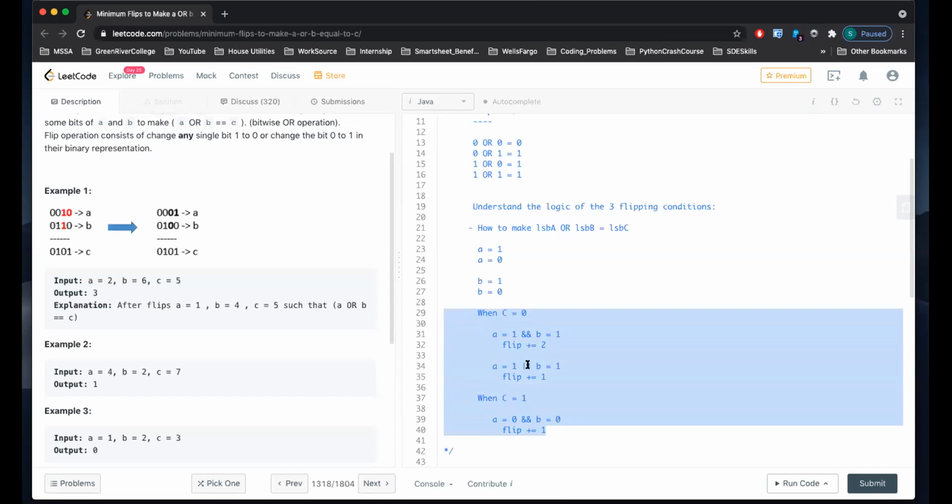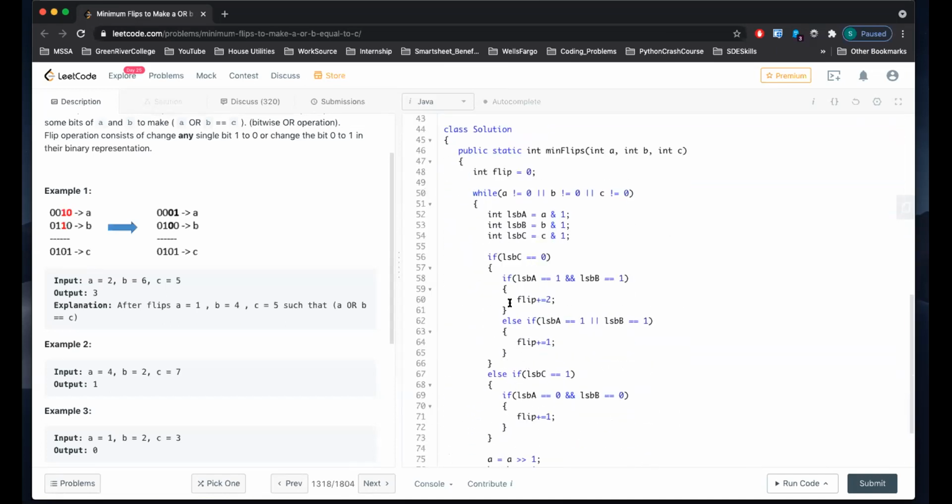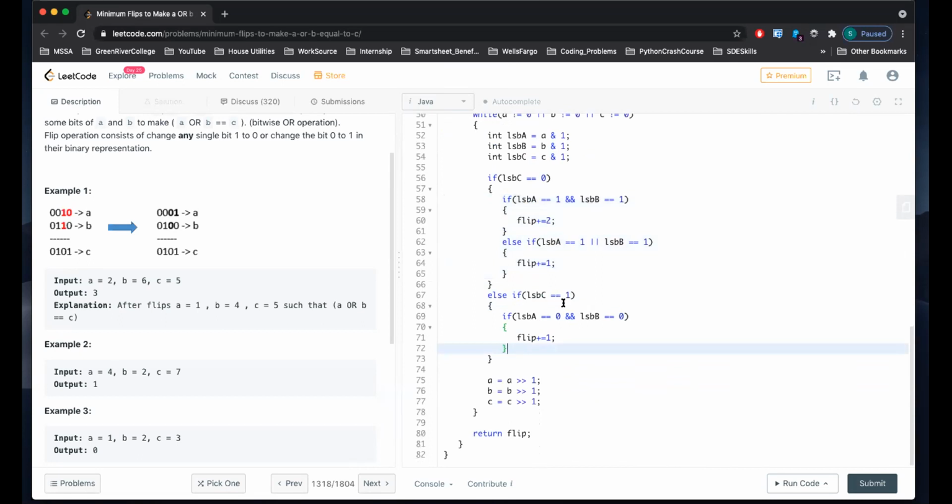All I did was copy paste that logic right here on my LSB. So if this is my C, if LSB is C, then do this, right? The same logic as above. If LSB is 1, then do that, in the same logic as above. On the bottom, all I did was a right shift, bitwise shift by 1.